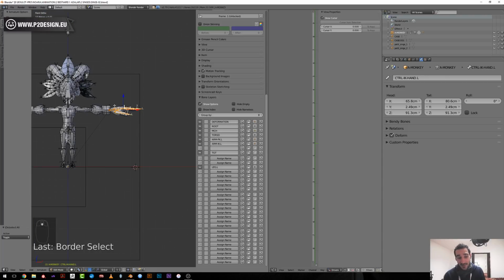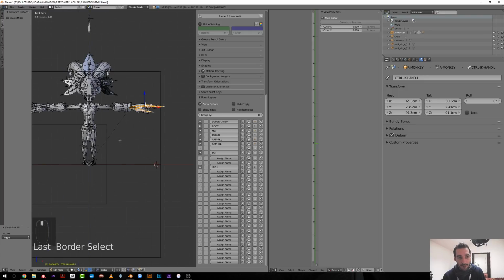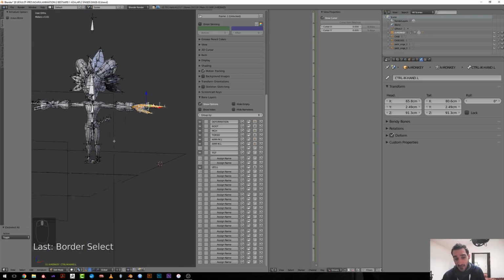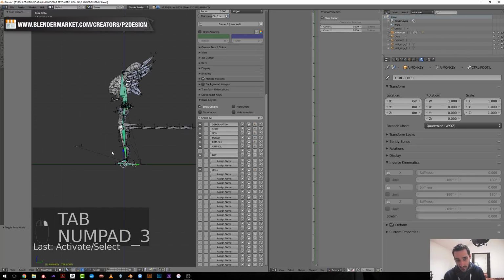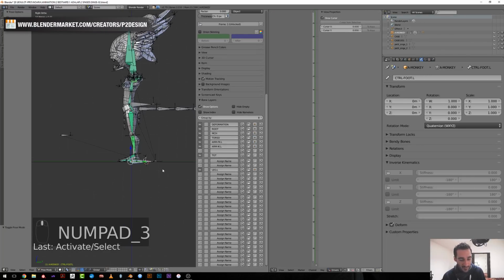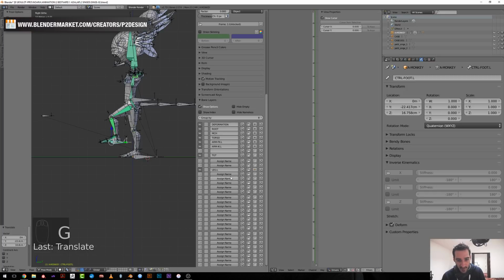That's a bit risky, but I'm used to doing this. That's a good question, and yes, you can definitely do it, but you have to be very careful. So the leg rig is done